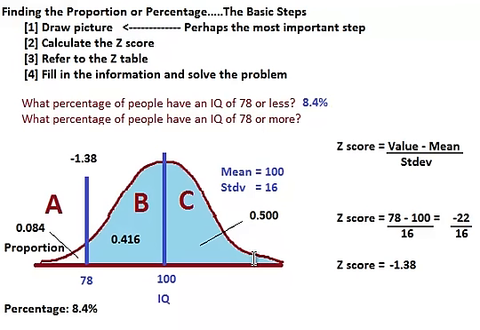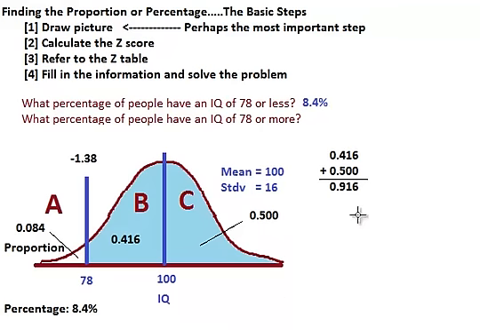We know, again, that area C is 0.5 because it's half the distribution. We took our z-score of negative 1.38, went to the z-table area between the mean and z, saw that this proportion was 0.416. We can simply add the 0.416 and the 0.5, and that will be the total proportion of people who have an IQ of 78 or more. So here we do the math. 0.416, that's area B, plus area C, which is 0.500,